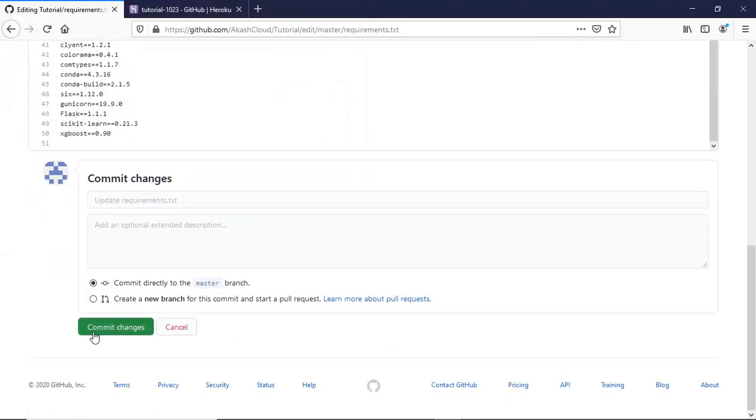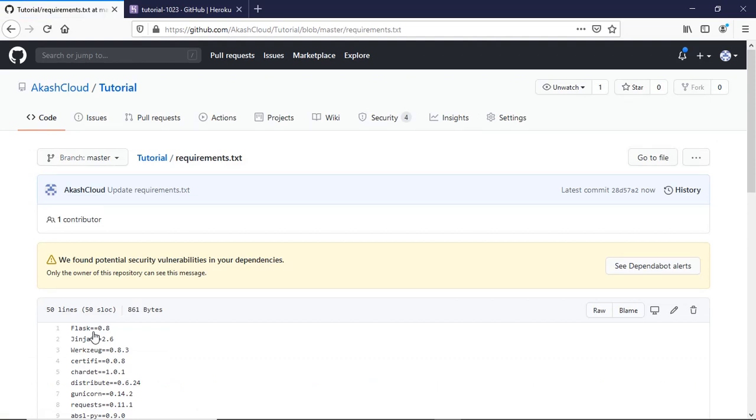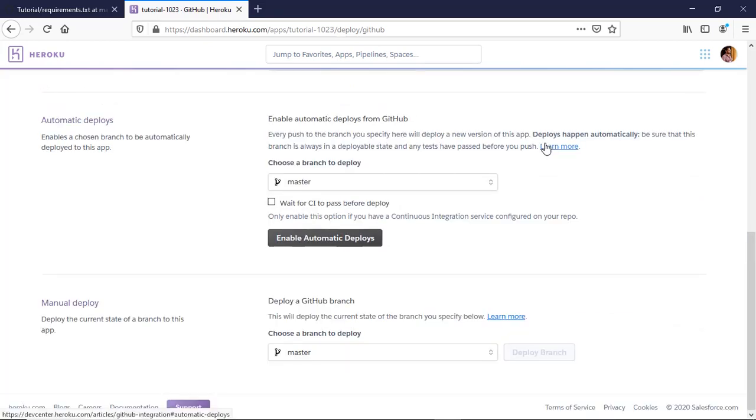I'm going to comment this. If you want to do it in your local, you can. Now again, I'm going to start my build, so click on deploy branch.